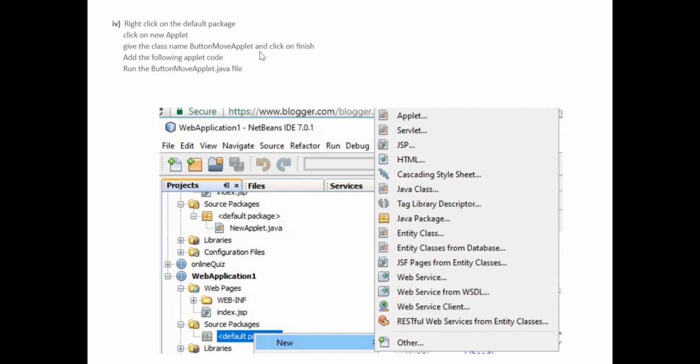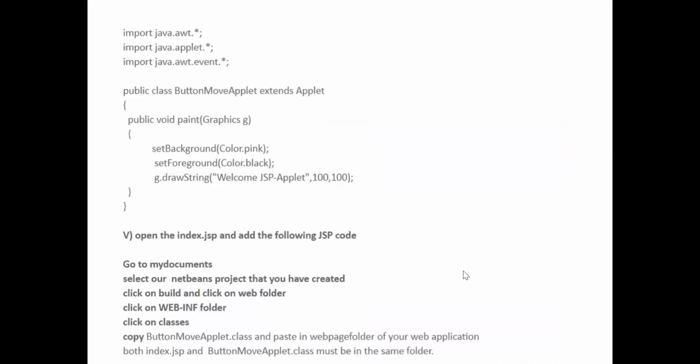Once the button move applet is created, we can add the applet code so that we can run the button move applet.java file. So how will the applet code be written? That is a button.class. Same type, I can create a button move applet.java.